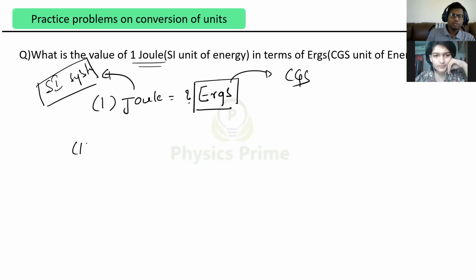1 joule is 1 into the energy dimension, or not? What is the energy dimensional formula? Work is equal to force into distance. I made you derive the energy dimensional formula. Tell me what the dimensional formula is, otherwise solve it on a page and tell me. With me, you will always be on your toes.